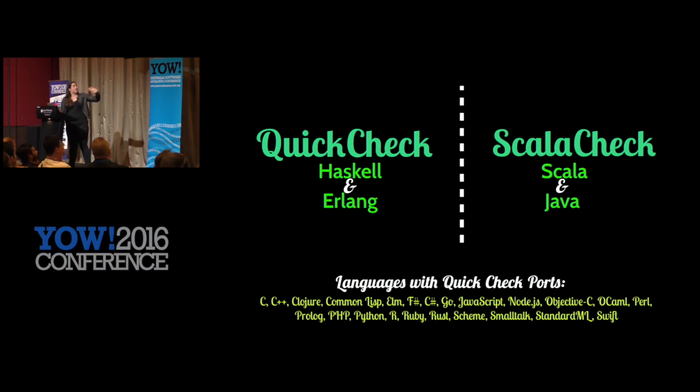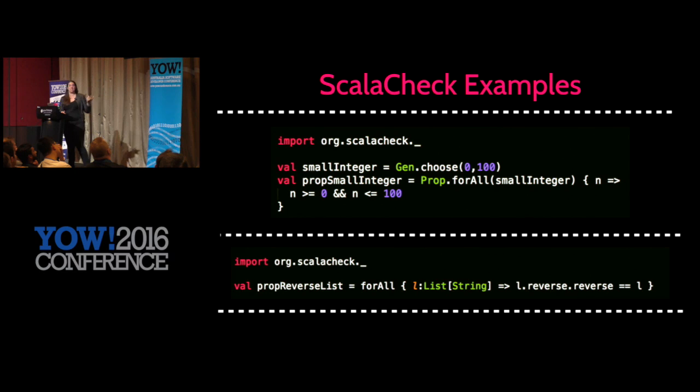ScalaCheck is great for the JVM, and there are implementations for pick your favorite language. I'm using it in Go right now, so that's cool. Anyway, this is a ScalaCheck example just to give you an idea of what it looks like. The first one is basically saying that all of the integers are between 0 and 100. This one's super stupid, I think, but it just shows you the outline. You just say, for all of the integers that I've input into this thing, make sure that they're between 0 and 100, and return false if not. So that's trivially going to pass.